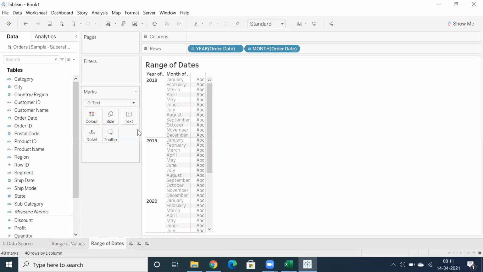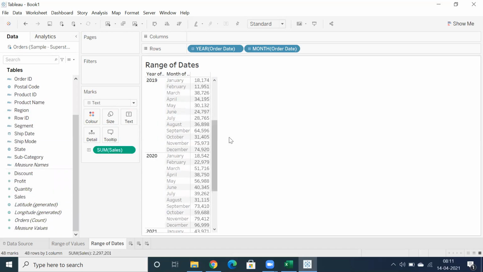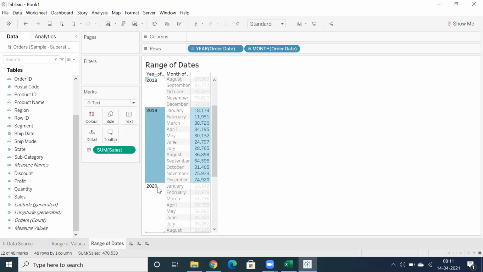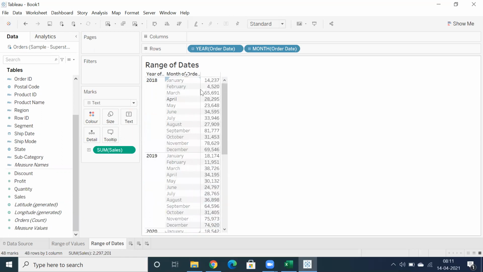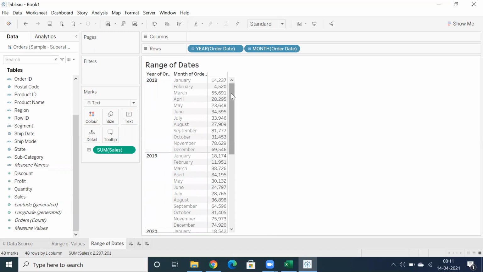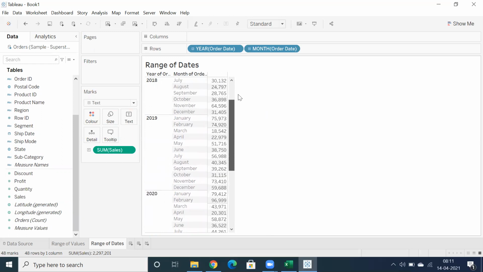If this is the display, I can see year-wise, month-wise sales, correct? Let's say I'm going to use sales. This looks okay, like 2018, 19, 20, 21, correct? But when you look into this particular design, where the data is displayed at row level, you need to scroll down, correct?